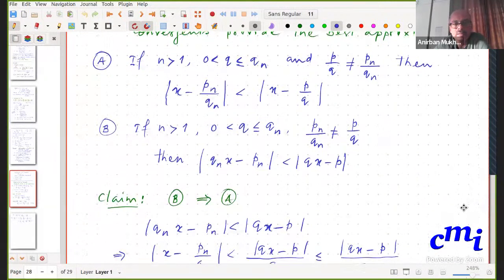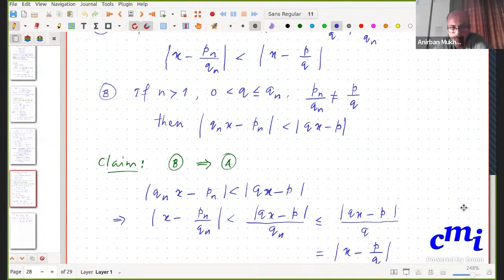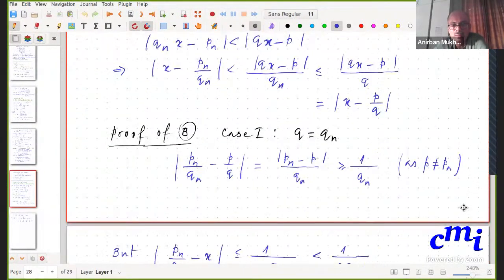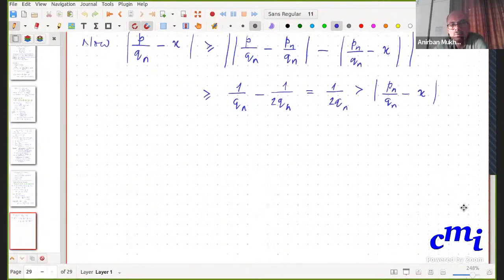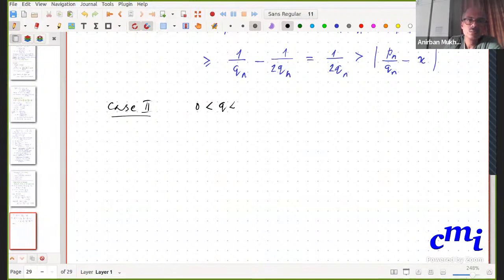So this is what we were proving. The first case is if Q is equal to Qn, which we have demonstrated. That was the first case. And then the more general situation, where Q is strictly between 0 and Qn. So let's start with that. So 0 is strictly less than Q, strictly less than Qn. So in this case, we can write Q as